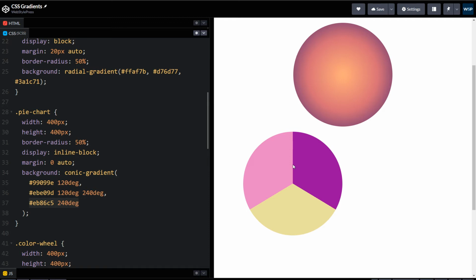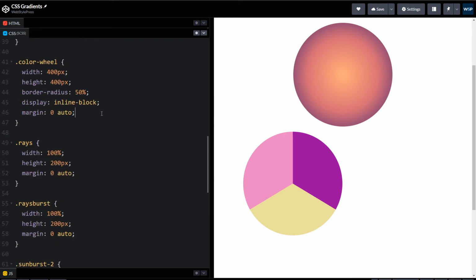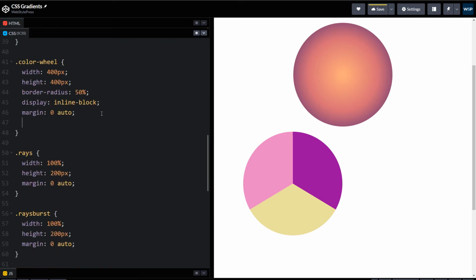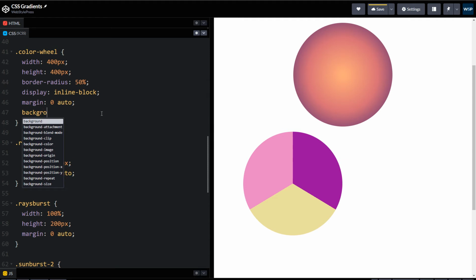We can also draw a beautiful color wheel by using CSS conic gradient. Background: conic gradient.